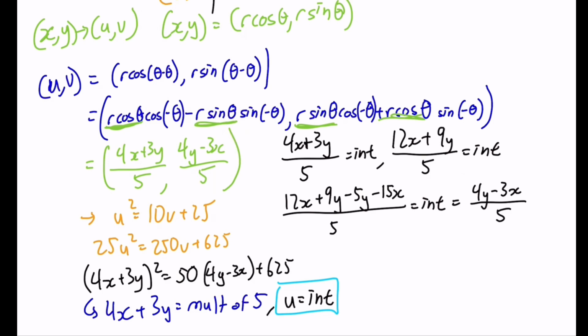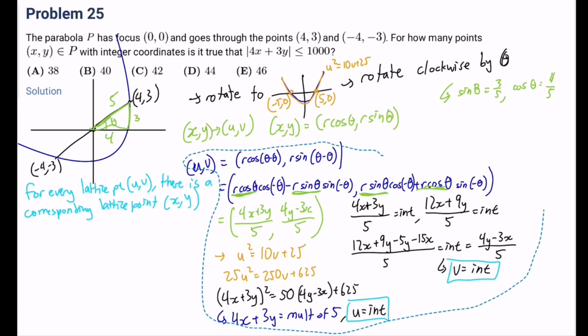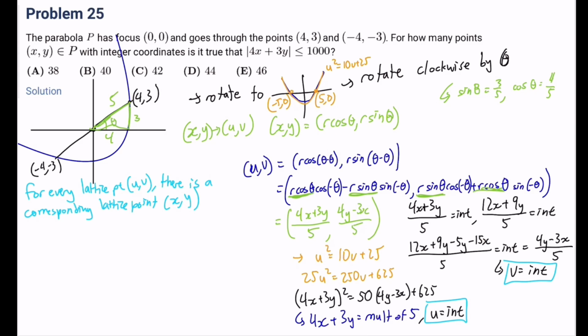So this gives us that v is also an integer. So v is an integer. That's one more important fact that we have gained. And next, since u is an integer and v is an integer, what this means is that for every lattice point (u, v), there is a corresponding lattice point, which is going to be (x, y), like that, right? And since we now know that u and v are integers, we can use